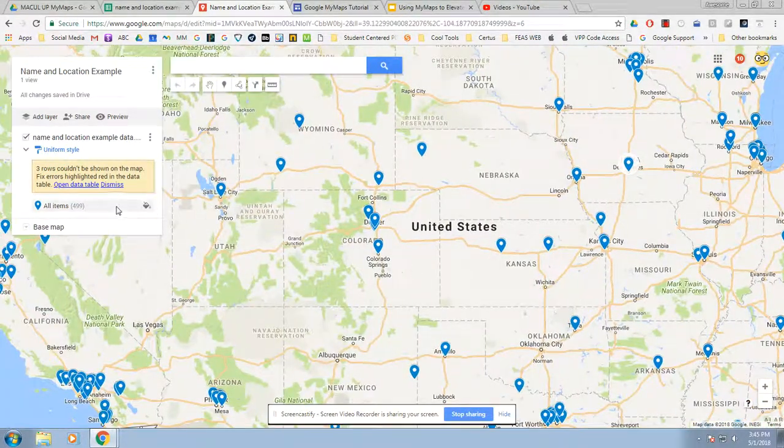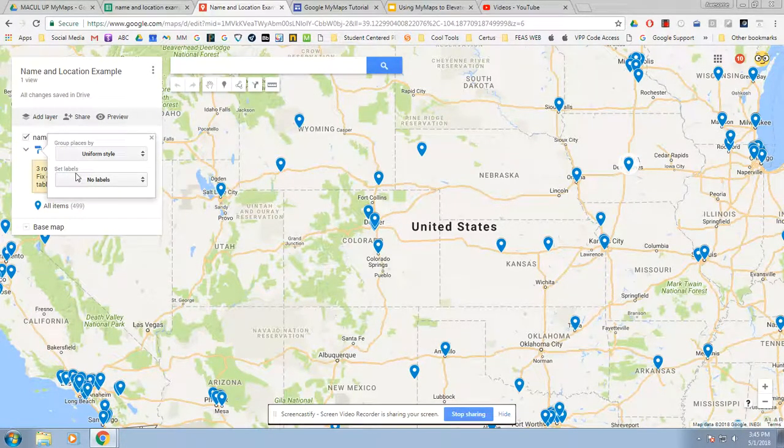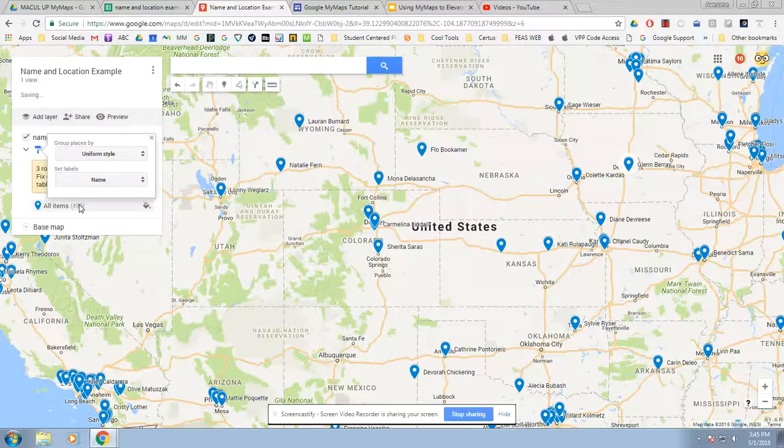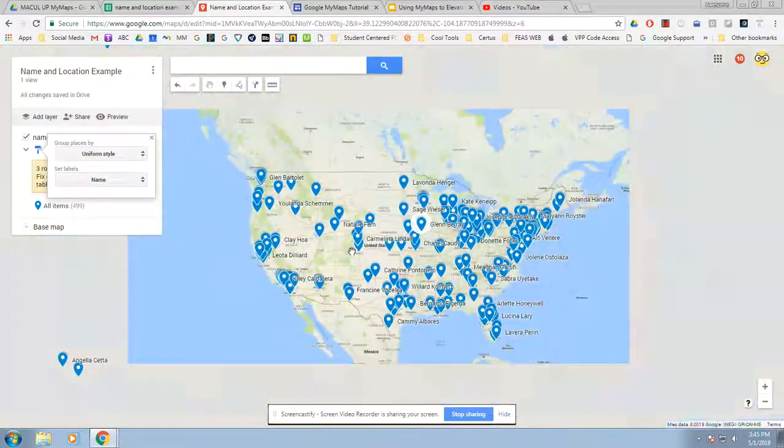Now, if you wanted to have the description or other things show up for these place marks, you can go right here where it says uniform style. And here's what the labels are. Right now it has no labels, and I can choose either column from my spreadsheet. Do I want the name of the person or the location where that drop is? So I'm going to click name, and you can see that the person's names are showing up next to their